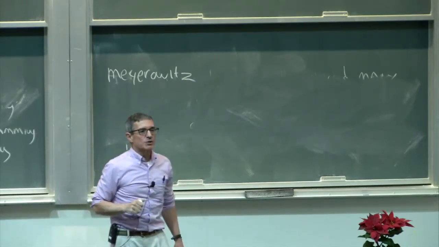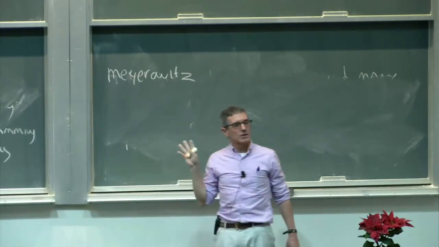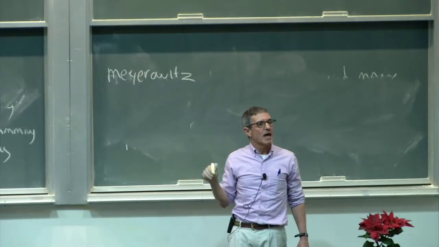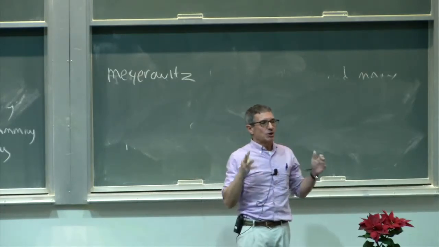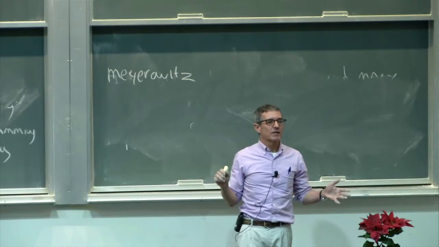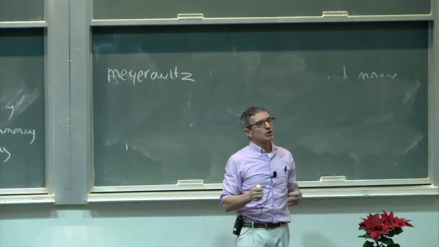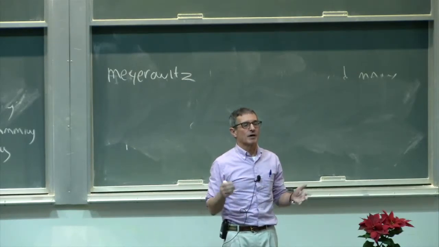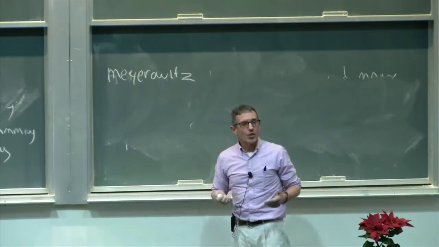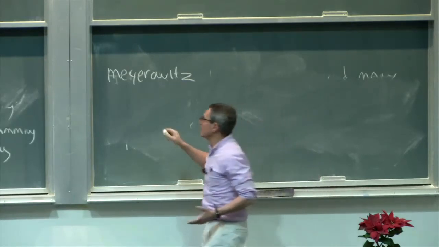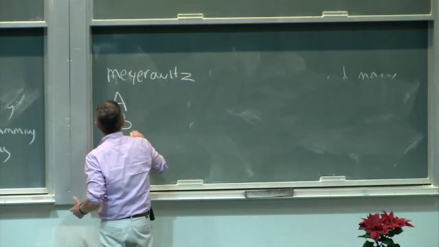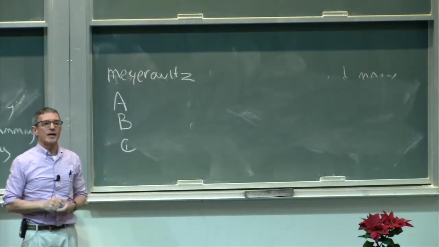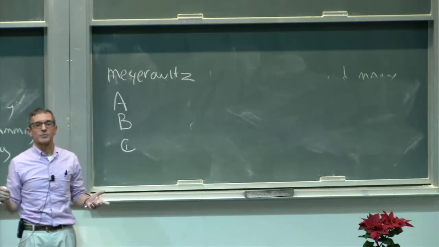Now, Meyerowitz and his crew discovered that once the stimulus arrives at the shoot apex, genes are turned on. This is not anything surprising in the shoot apex, and these genes could be classified or broken down into groups depending upon the timing of their turning on. They had 3 groups of genes. They called them A, B, and C genes, that they could group different genes into depending upon when they are expressed or the level of their expression.